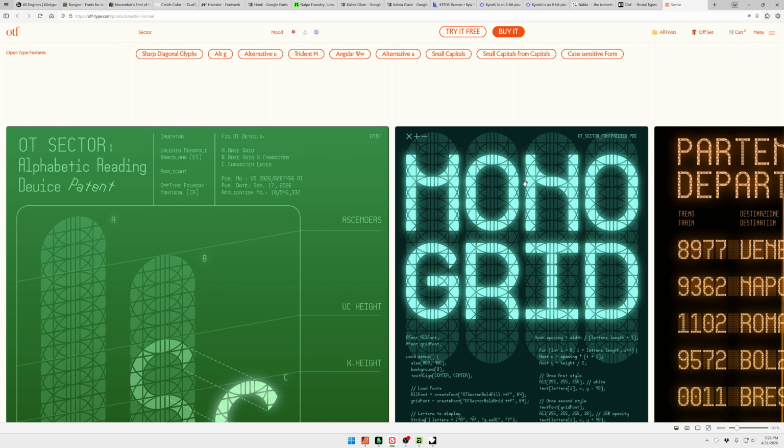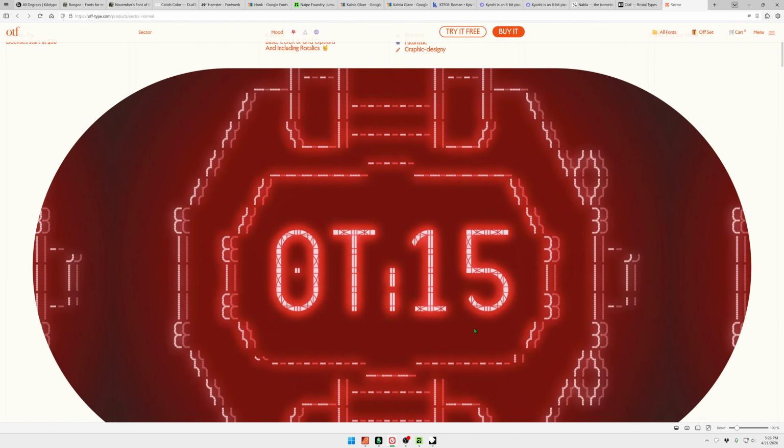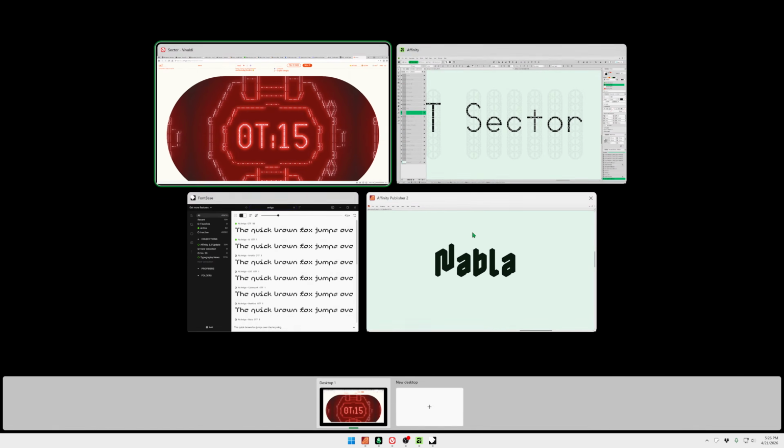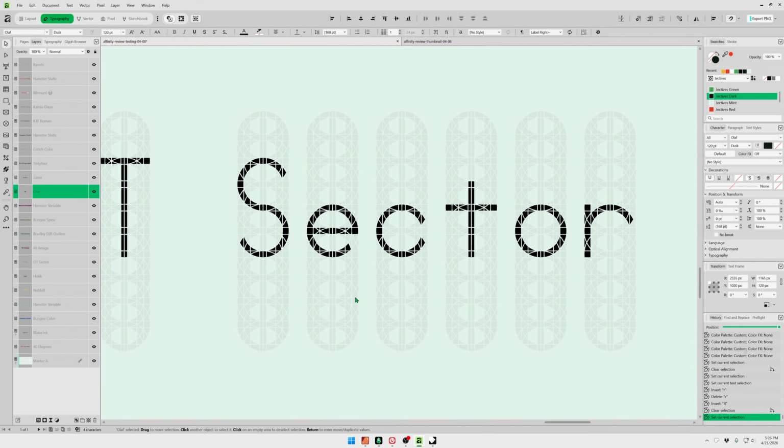It's not going to have all this glow and stuff. You can see the mono grid on there. That's got a glow added to it. All this up here has glows added to it. You'd still have to do all that manually. But,